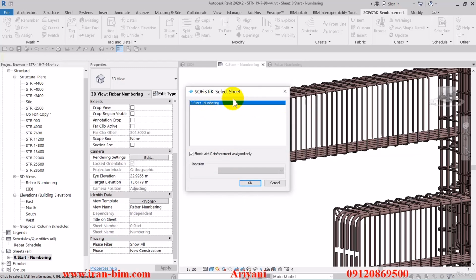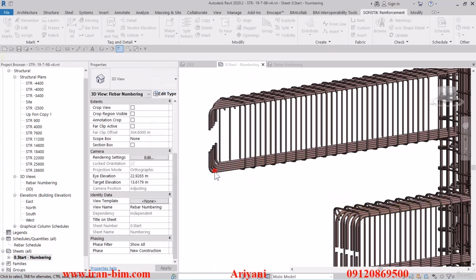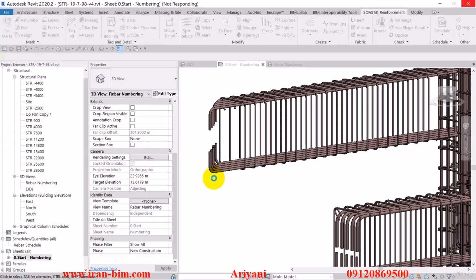So now it says this is going to be based on the sheets that we have here. You may want to do the numbering of each sheet differently, and you'd want each one of them to be separate. And you can say, for example, the plan 1, which has the beam type 9, the numbering for this is going to be this. But we want all of the project to have a united numbering. So I'll hit OK here, and then we'll wait for the numbering, and it might take some while because